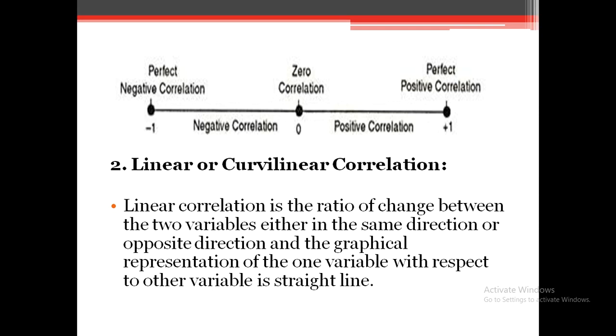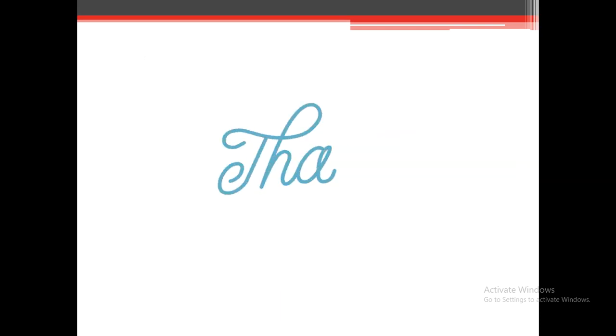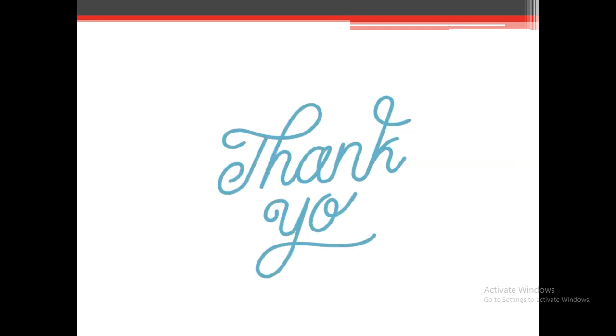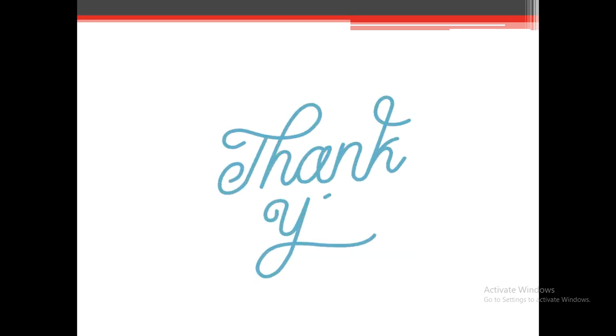It's not the case that if bread is increasing, then butter is decreasing. That is not a type of linear or curvilinear correlation. If both variables are increasing or decreasing in the same direction, then it is known as linear or curvilinear correlation. So these are the two types of correlation. In this session we have discussed what correlation is and what the types of correlation are. In the further videos we will see how the correlation coefficient is calculated, how positive, negative and linear correlations are affected, and how the variables are interrelated.